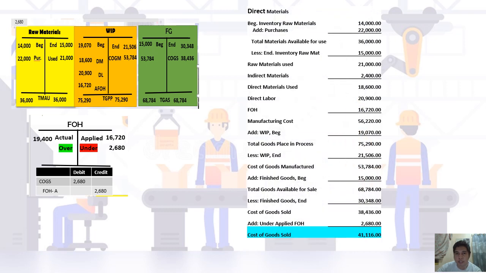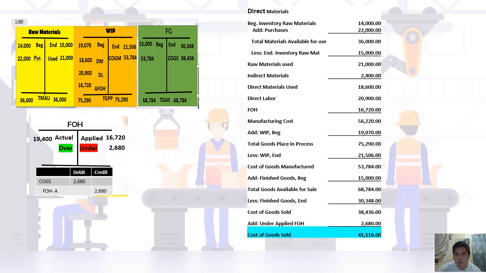Yan. So, yung beginning inventory natin, 14,000 plus purchases, 22,000. The total materials available for use will be 36,000 pesos. I-less natin yung ending na 15,000. So, yung raw materials used natin, 21,000. However, i-less po natin yung indirect materials kasi nga, ang kukunin lang natin dito is yung direct materials used. Kaya ang ating direct materials used ay 18,600 plus direct labor na 20,900 plus factory overhead na 16,720 para makuha natin ng total manufacturing cost na